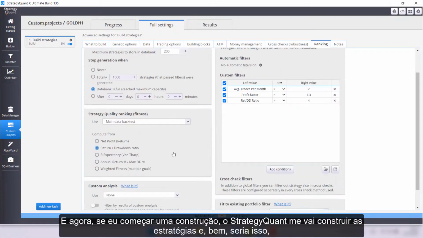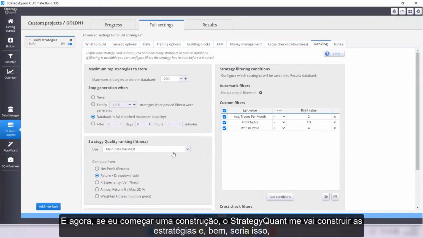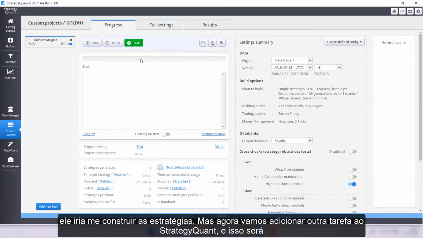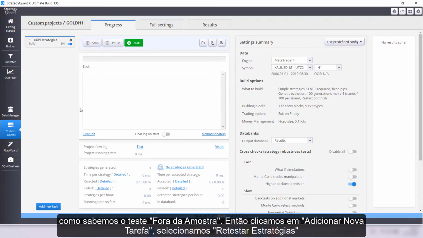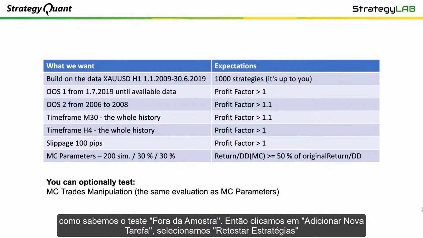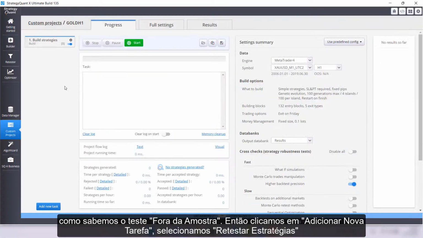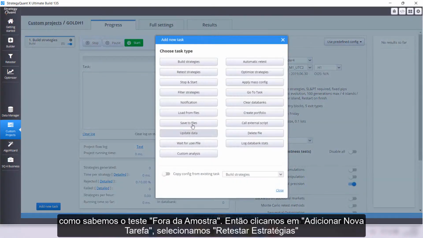Now, if I started to build, Strategy Quant One would build me the strategies. Well, that would be it. It would just build me the strategies. But we are now going to add another task to Strategy Quant One, and that is, as we know, the out of sample test. So we click on add new task, select retest strategies,